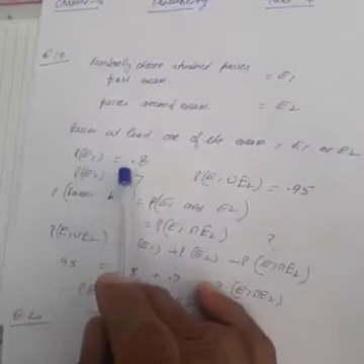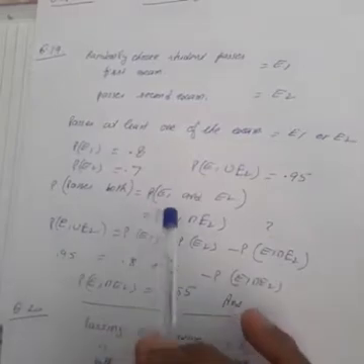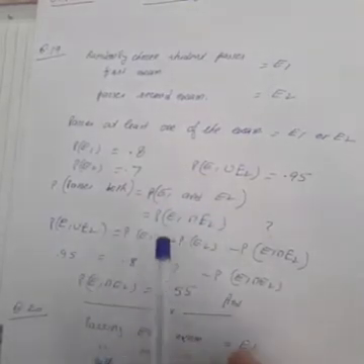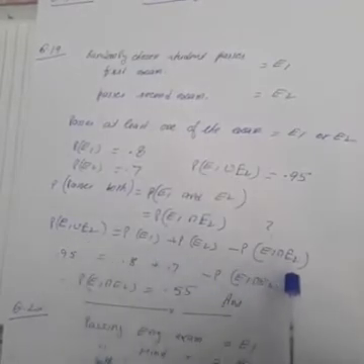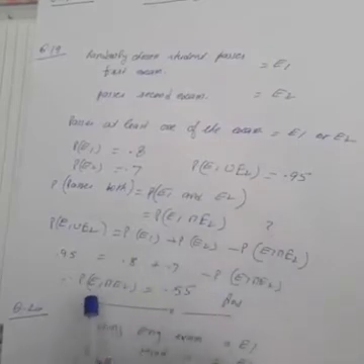So we are given the probabilities in the statement. Probability of event E1 is 0.8, probability of event E2 is 0.7, and probability of E1 union E2 is 0.95. Now find the probability that the randomly chosen student passes both examinations. It means E1 and E2, so in symbols it will be E1 intersection E2. Now use this rule for P(E1 union E2) and put the values to calculate E1 intersection E2. After calculation you will find the value will be 0.55.